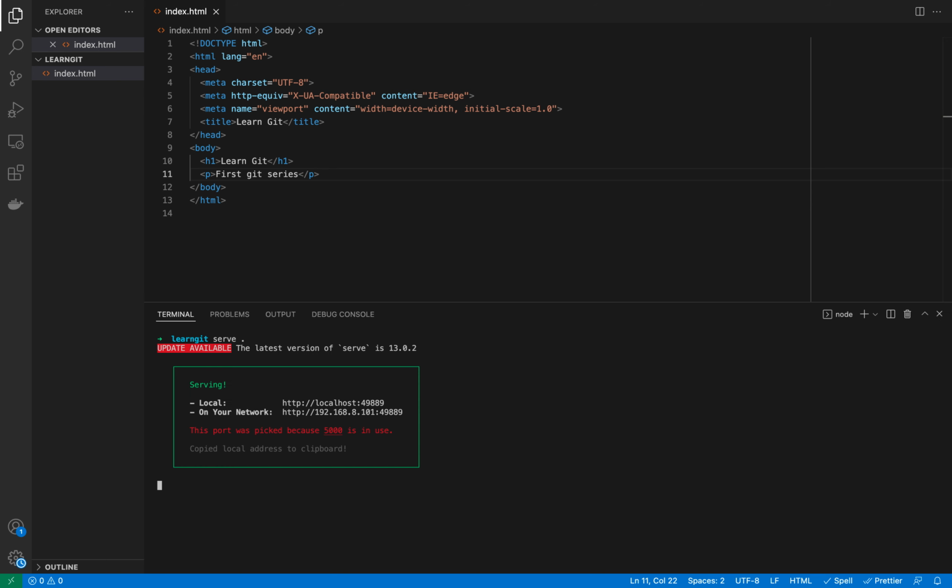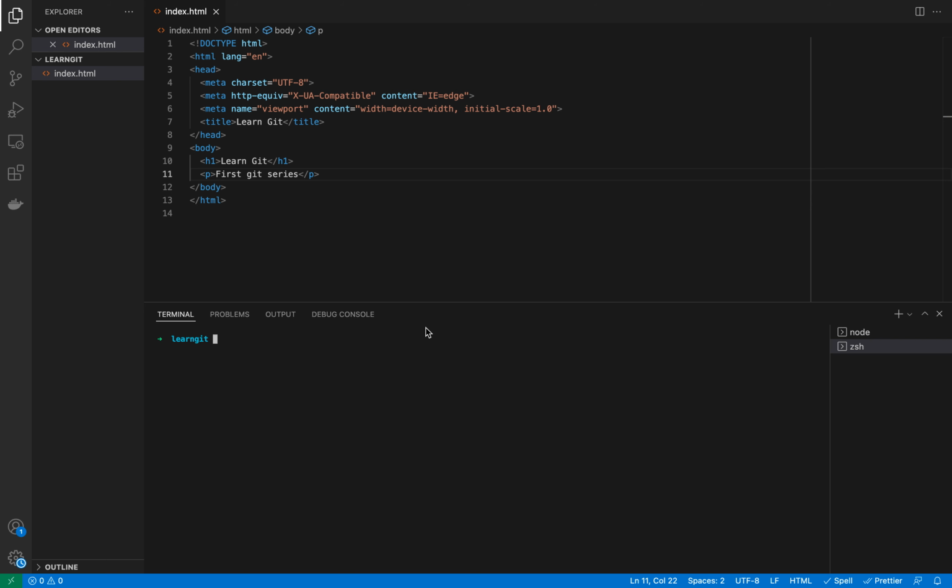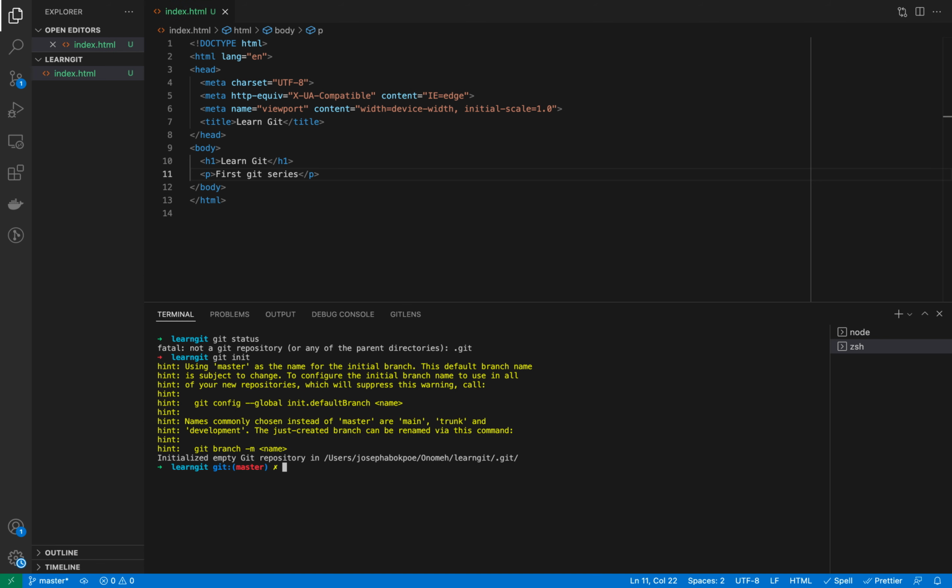Okay, so now this is where it starts. This is what Git does. So we're going to check git status. Okay, so it's saying not a Git repository. So now we need to make this a Git repository. How do we do that? We do git init, git initialize. Okay, so now when we do git status,